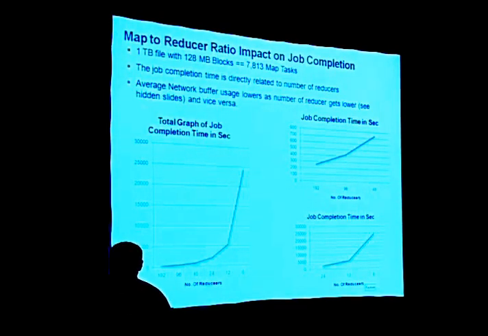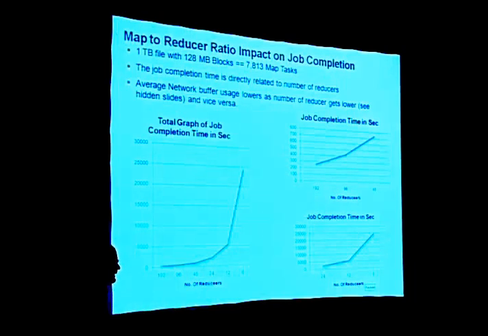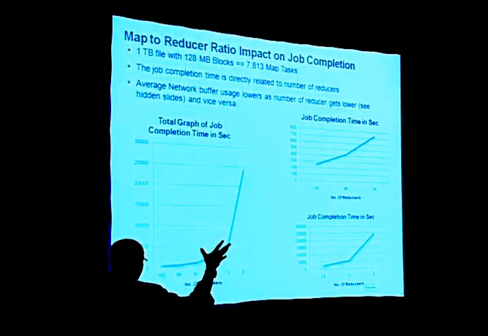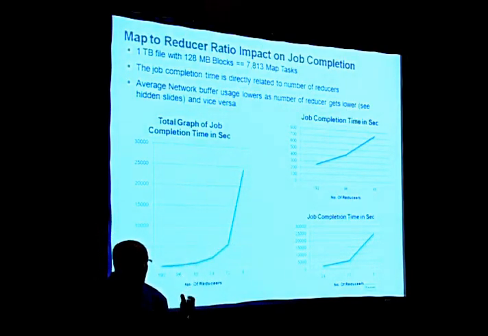This is an interesting slide, and probably I will get a lot of tweets or bloggers saying that this guy is smoking, right? Reason is this. A lot of people ask us how many reducers you should run, right? And if there is only one reducer in the entire node configuration, what's the impact, right? Of course, the obvious impact is the higher the number of reducers, the better the job completion time, right? If you reduce the number of reducers, what happens to the network? And there are three other slides that say hidden, but I won't hide them now, to give you